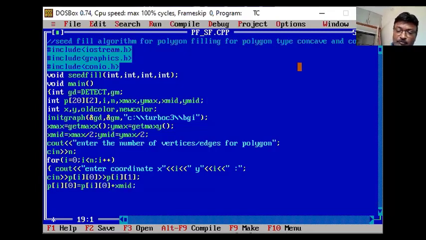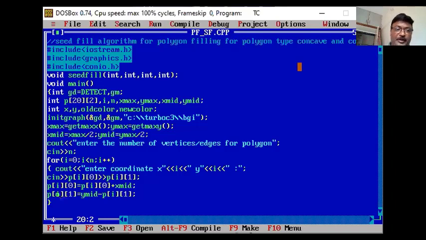And what is my y coordinate? P of I1 is my y coordinate that I have to subtract from y mid. Understood? Everybody? And then close my for loop.